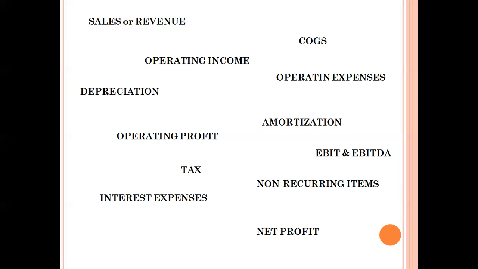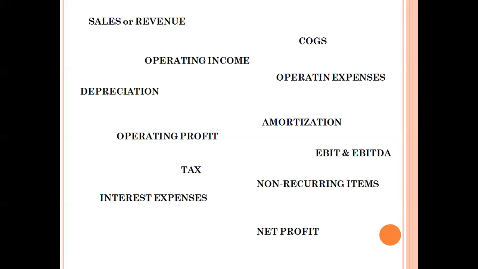Similarly, for the loan we have taken, for which we are paying interest on a monthly or yearly basis, we are incurring a cost that is known as interest expenses. Now, non-recurring items are basically non-operational or non-recurring expenses or income,